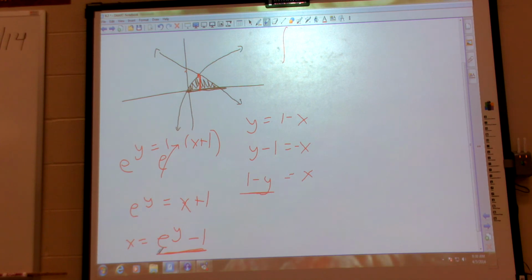Can you just like literally set those equal to each other? Yeah. That's what I want you to do. Literally set them equal to each other. You can take a quick